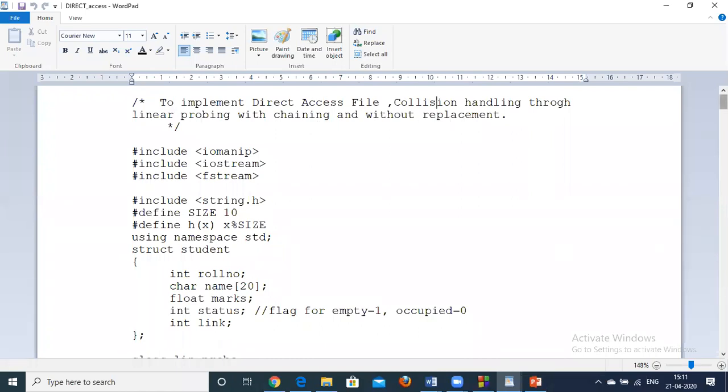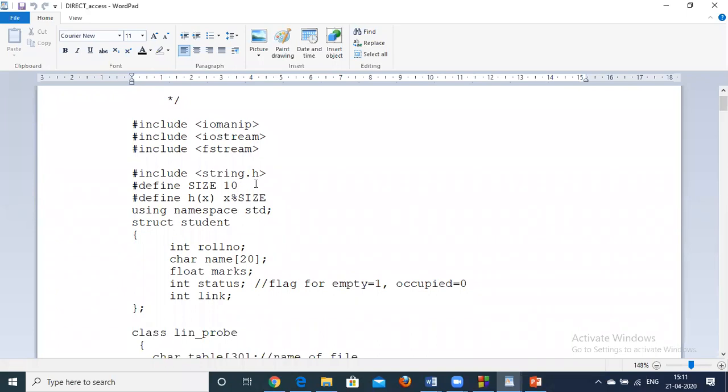Now our hash function here, we have taken a simple hash function which is x mod size, and size is 10. You can select your own hash function. You can write your own hash function with whatever mechanisms we have studied during the theory, so you can have a combination of those functions which will return the position, and that position should be less than the size of the table.